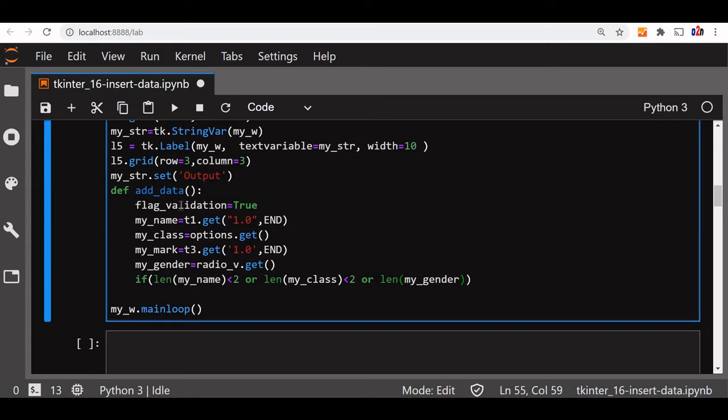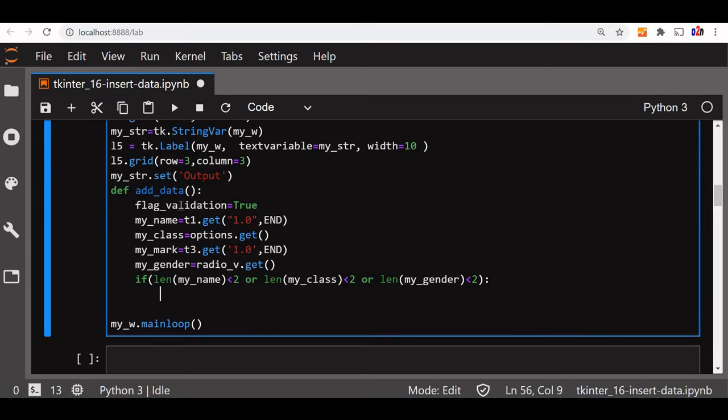If you want, you can remove this, because there will always be one selection. Let's keep it. My selection is less than 2. That means nothing is selected. See, whether male or female, whatever you select, the minimum is 4 characters. So if it is less than 2, then that flag will be set to false.